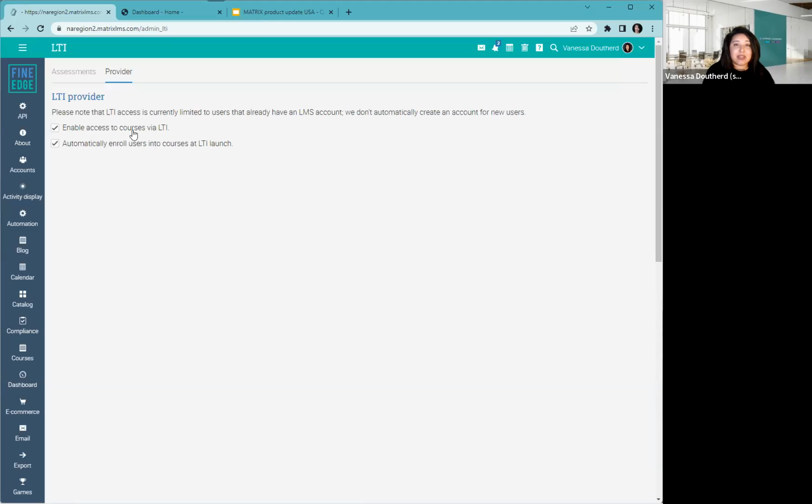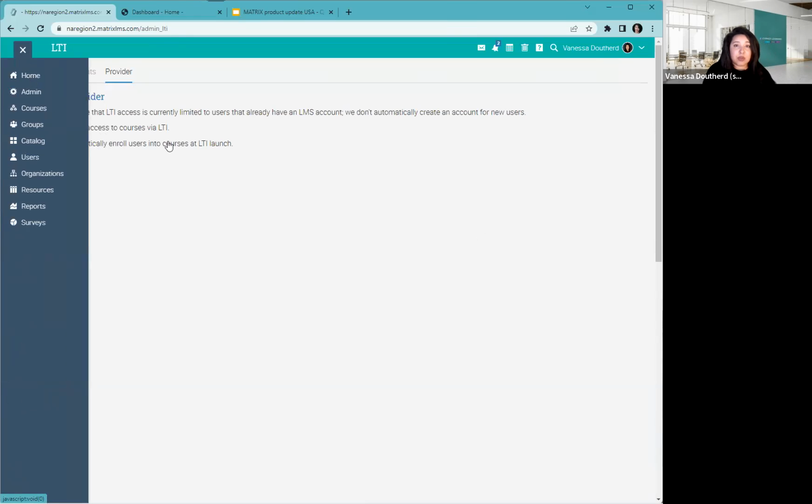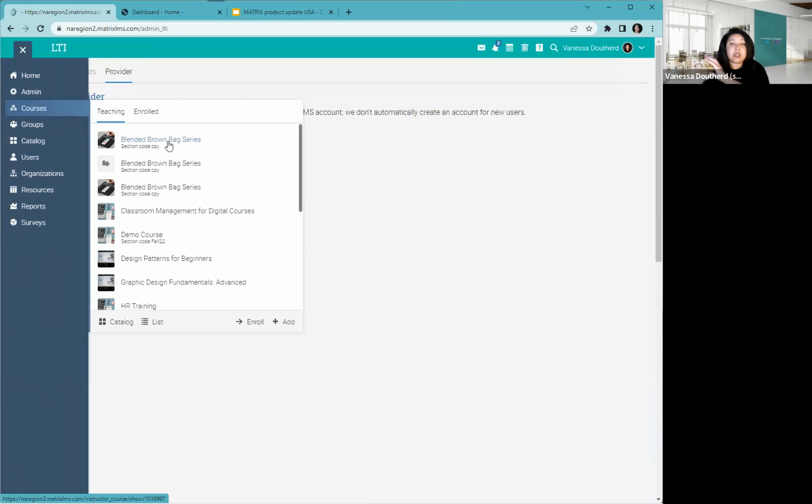So enable access to courses via LTI. We do want that checked. Optionally, automatically enroll users into courses at LTI launch. That's another optional thing. With this first one enabled, what that does is, coming into the course that you want to kind of export out